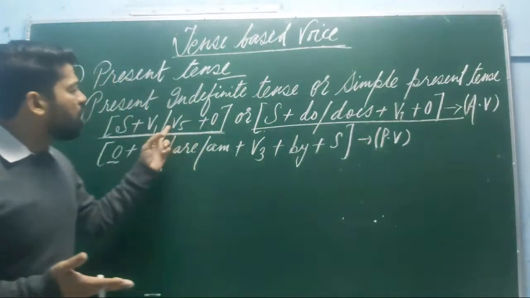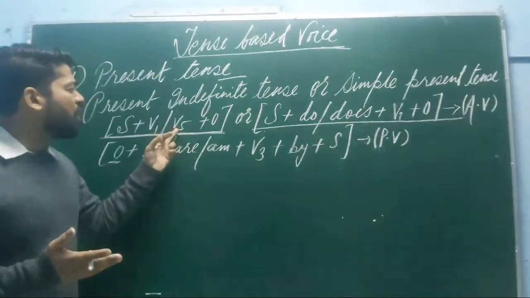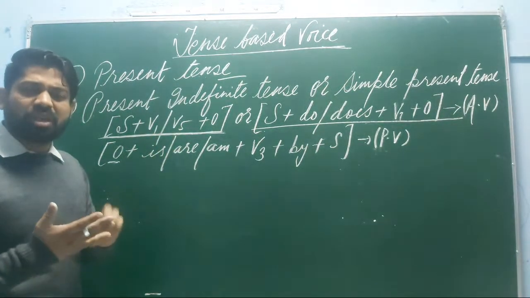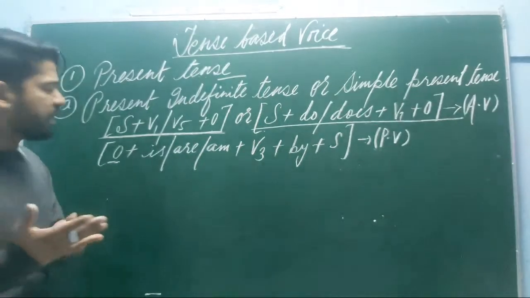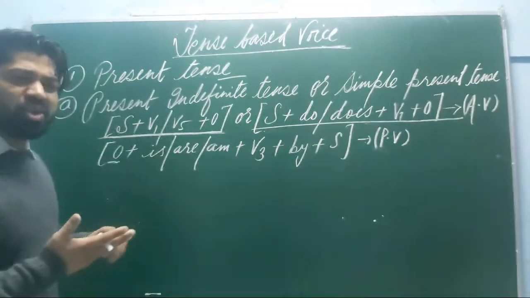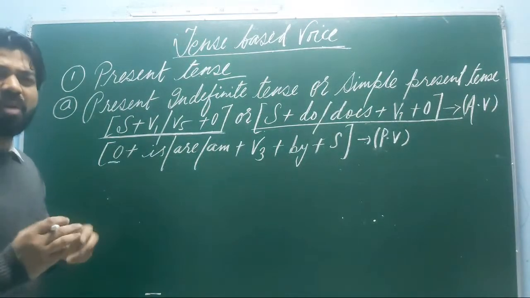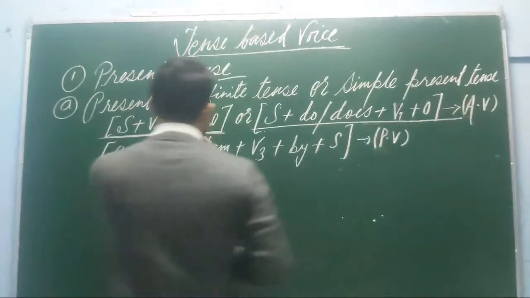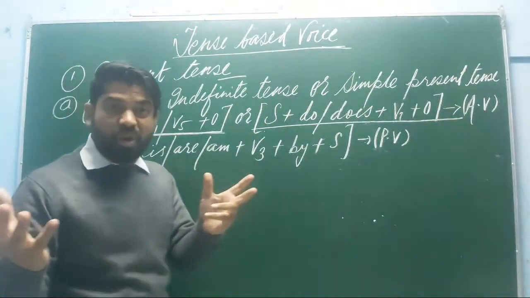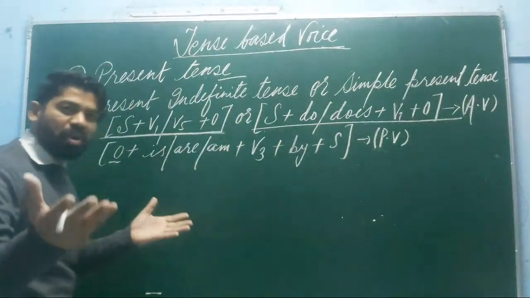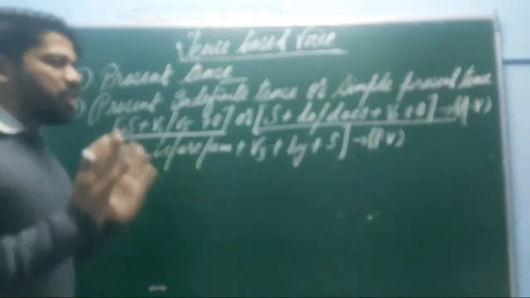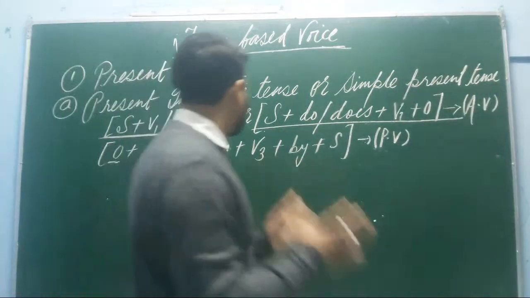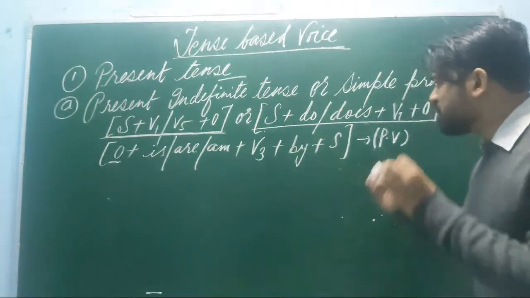Do. The same is the story with V1 and V5. As you know, V5 is the S or yes form of the verb, so V5 will be used with the third person singular number, that is, he, she, it and a single name. And V1 is the plural form. So all the first forms of the verb, or you can say the root forms of the verbs, are plural. And all the fifth forms of the verb, that is, the S or yes forms of the verbs, are singular. So the uses must be quite clear in your mind: where to use V1 and where to use V5, where to use do and where to use does.